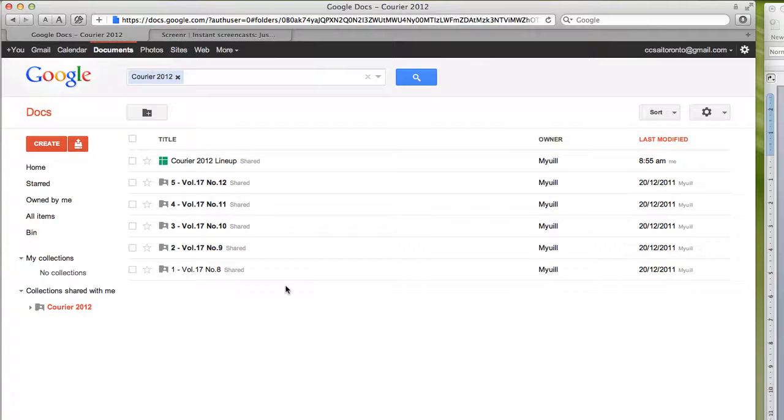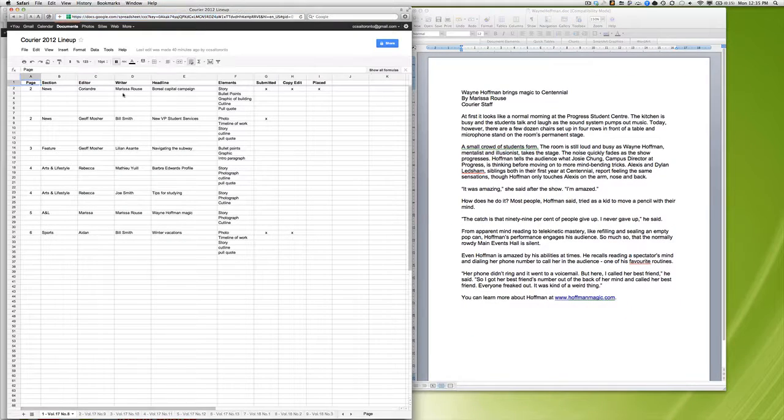In the last video, we talked about the Google Docs and the folder you would be working within. Now, there's also a file under the main folder, Courier 2012 in this case, and it's the Courier 2012 lineup. This is a spreadsheet, and in the spreadsheet it lists all the stories for each issue, along with some other information. So here we are at the first issue of the new year,